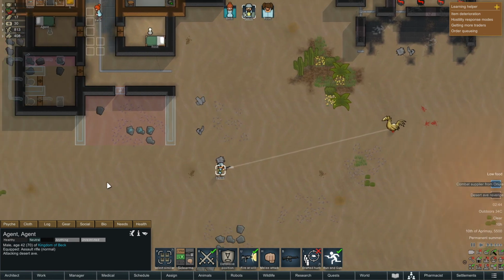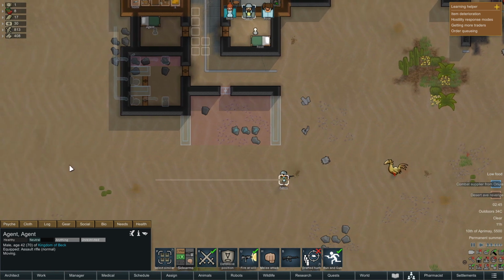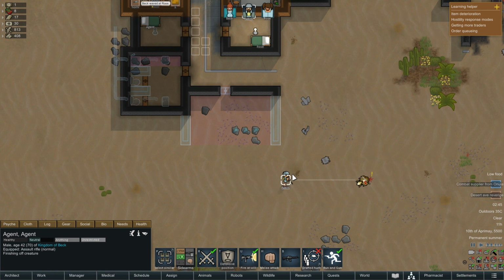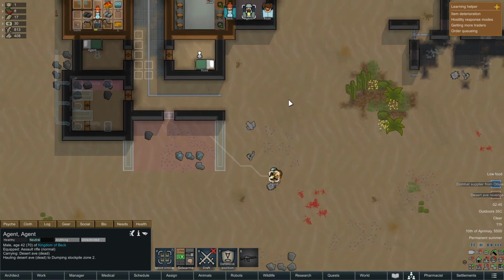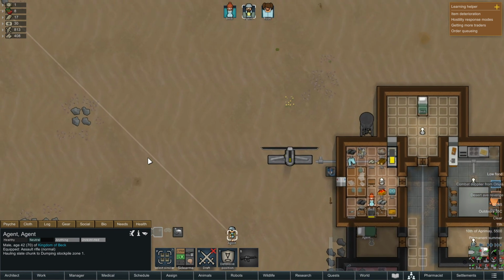There we go, that's exactly what I didn't want to happen. It has tried to seek its revenge, but it is in vain. The Desert Ave is not quite strong enough to last against Agent with his assault rifle. He was unable to weather the storm that Agent brought in the form of bullets. Agent,